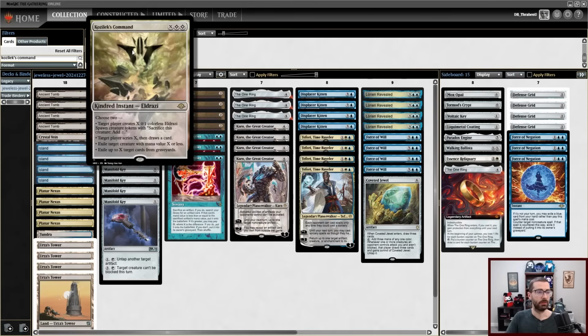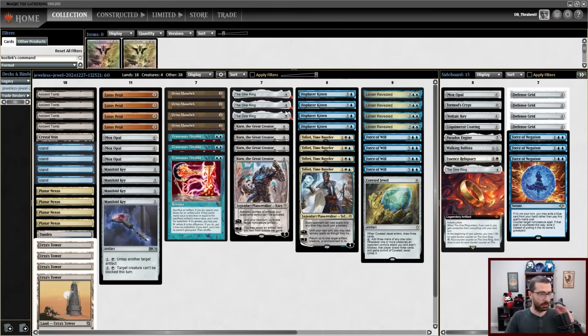Let's take a quick look at Kozilek's Command. Kozilek's Command gives me graveyard hate. It gives me the ability to junk creatures. It gives me the ability to scry. It gives me the ability to make mana. If you are playing a deck of this general nature and you're not messing around with Kozilek's Command, that seems